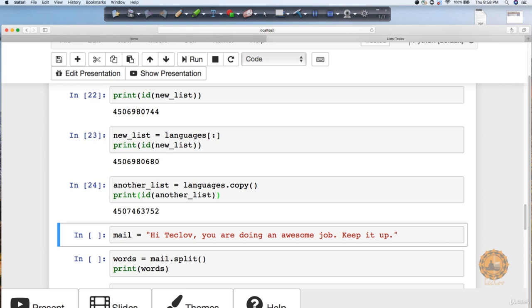Okay. So as I said, keep this in mind in detail, because I have noticed a lot of people making this sort of mistake here. Do not get confused with this. If you use the assignment operator directly, that means you are sharing the same memory location. In case you don't want to do that, use the copy function. Let's see a few more things in the further video lecture.